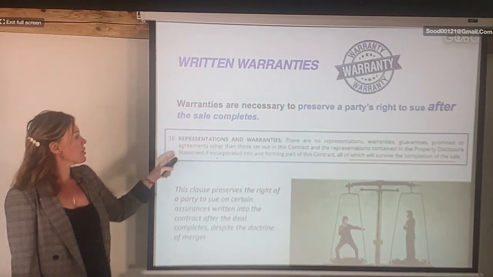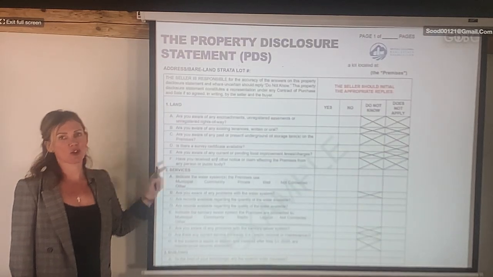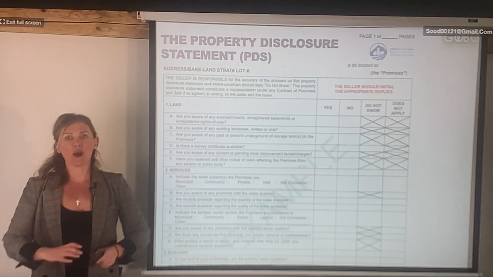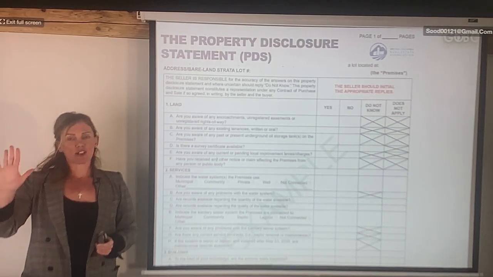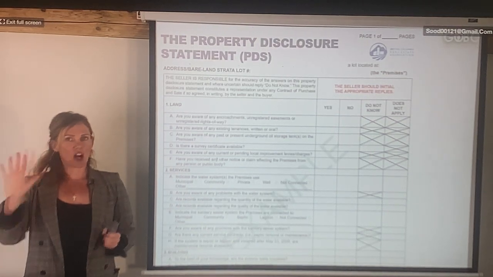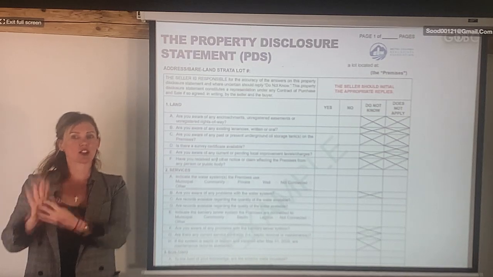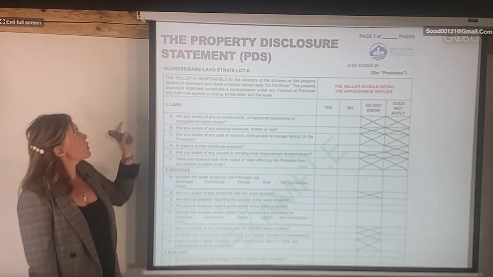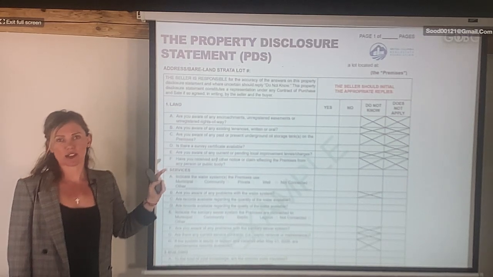So what is this property disclosure statement? Something that we like to incorporate inside of the contract of purchase and sale. It is a separate form. When you're working with the seller, of course, the first form they fill out is a listing contract, right? That's their contract with your brokerage. They sign everything, they agree on the commissions. And then the other form that is mandatory, without this form, they cannot list the house. It's called the property disclosure form, PDS. You'll hear this quite often.